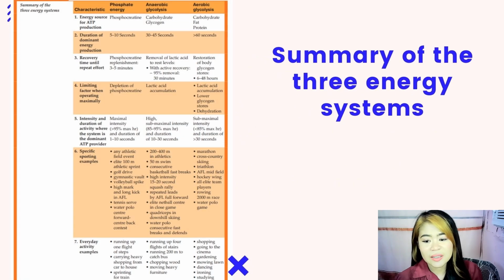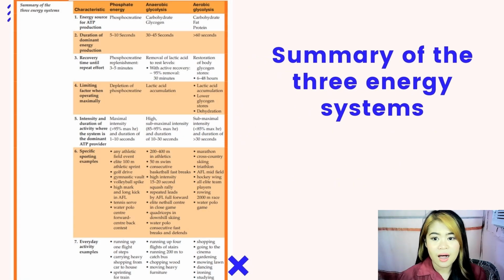So, to summarize our discussion for today, this is one of the most misunderstood concepts in training today, and it can have a profound impact on how the athlete trains and conditions. There are three parts to the energy system. Number one is the ATP-PC energy system, also known as the adenosine triphosphate phosphocreatine system. Number two is the anaerobic glycolysis system, also known as the lactic acid energy system. And the last one is the aerobic energy system.